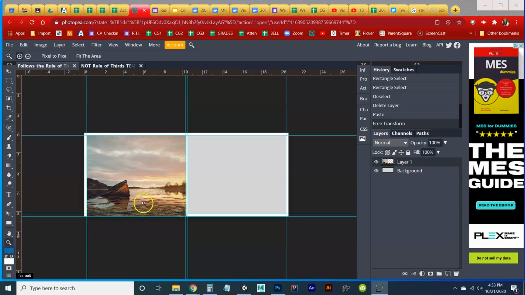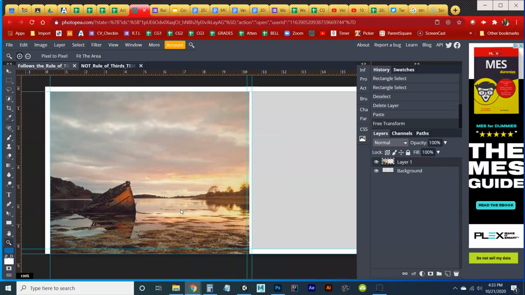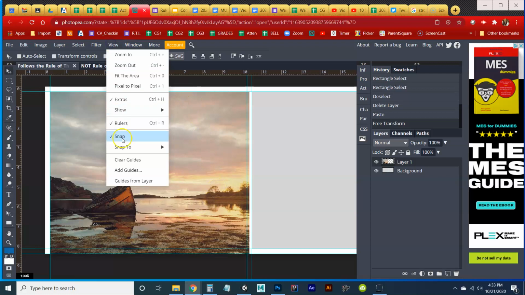So what we have to do, if your image is a little bit too big, we have to do what I call trim the excess fat, which means I've got to get rid of these pixels that are below this line right here, below this guide. You may also want to go in and